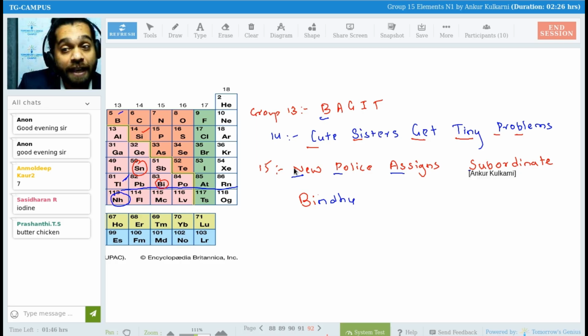Then you have SB. This is more difficult. How many of you know this SB? That S and B are not included in the name of that compound at all. Which element is SB? Which element is the SB, Sasidharan? Correct, Anmoldeep. Ragul, Prashanti. Which element is SB? SB is nothing but